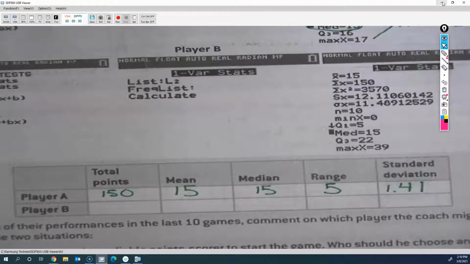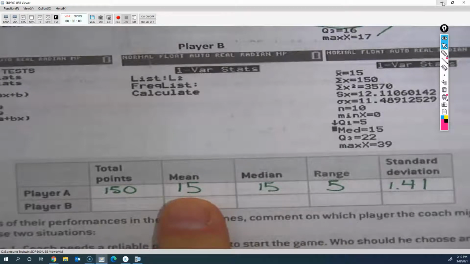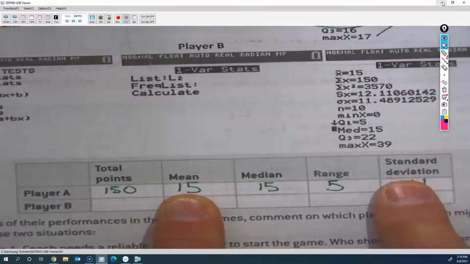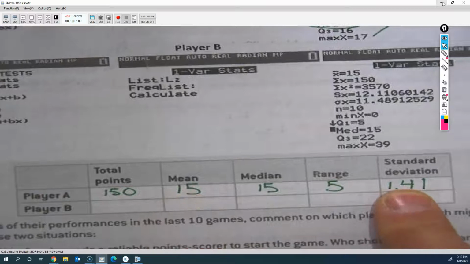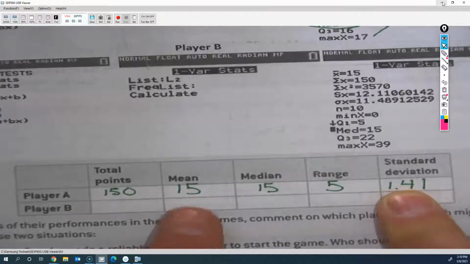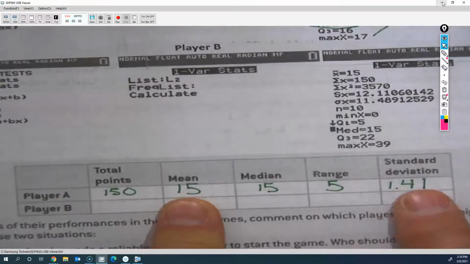If this player played the next game, how many points would you expect them to score? Within what? Like 10 to 20. No. 15. Okay, 15's the average. So this much above the average, that would be like 16 and a half. Well, we know you can't score half a point. So we could say, well, between 17 and